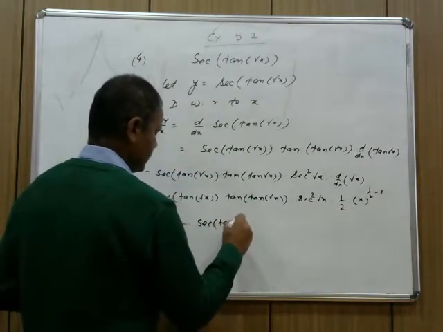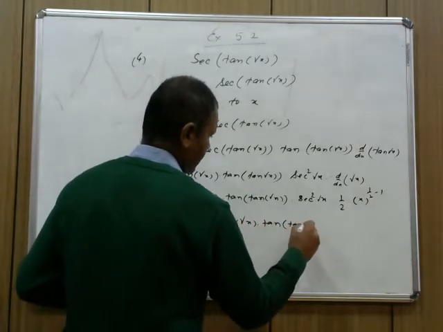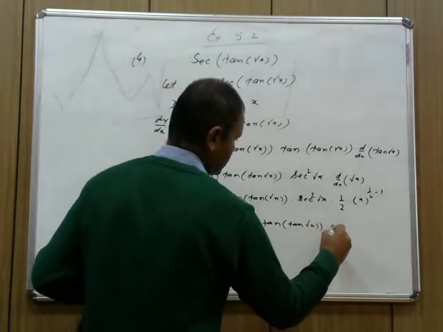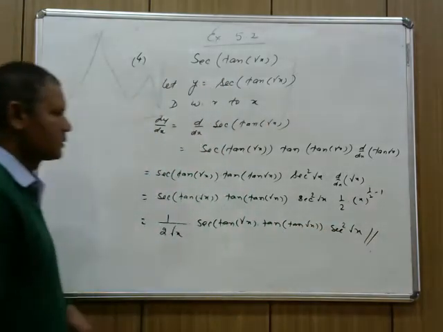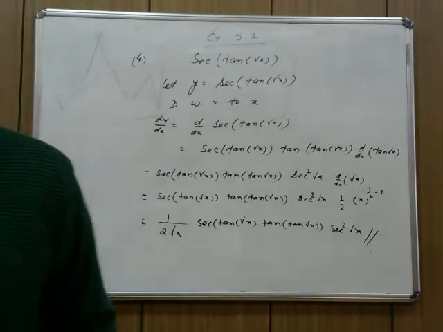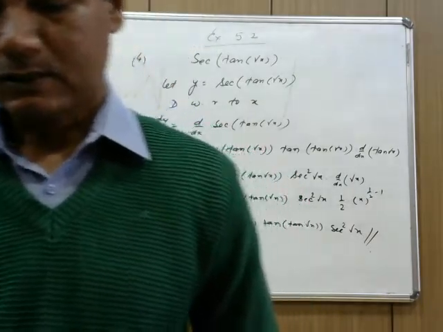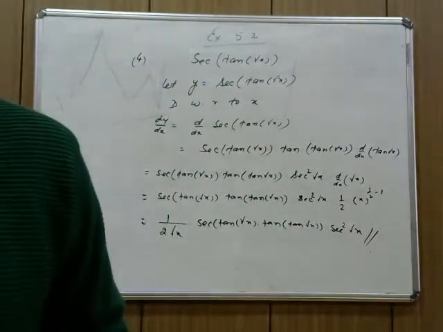sec tan root x into tan root x into sec square root x. This is the solution, or this is the differentiation of y is equal to sec tan under root x. Right? Now the fifth question is